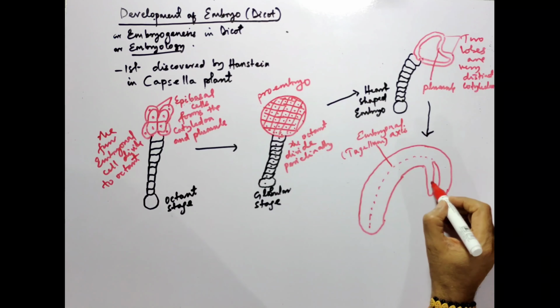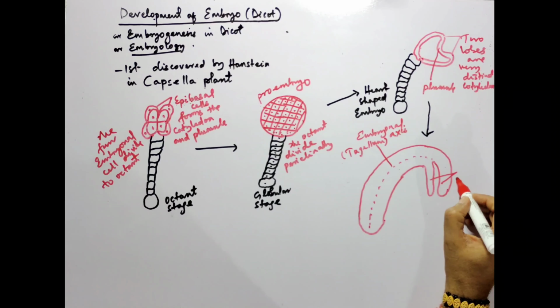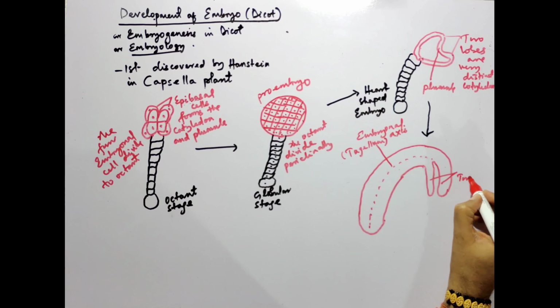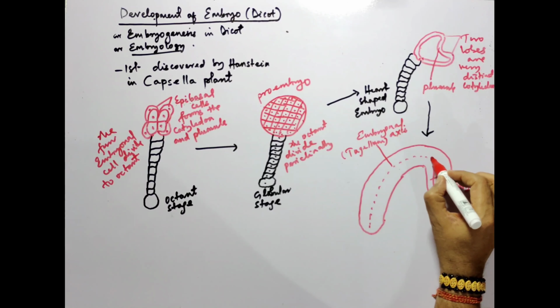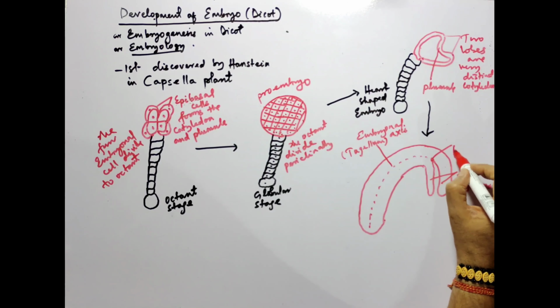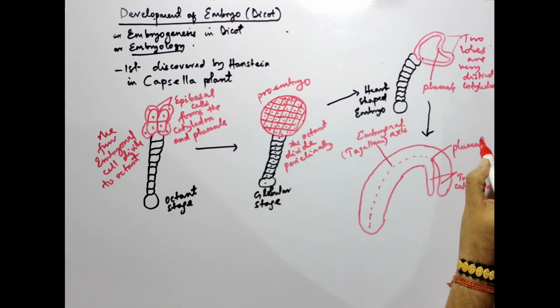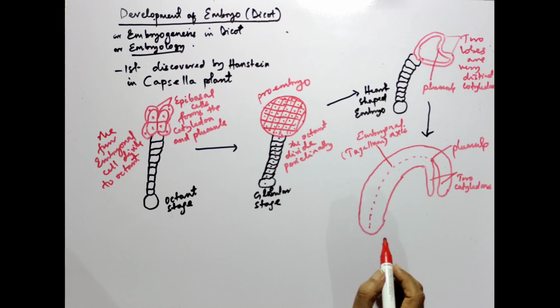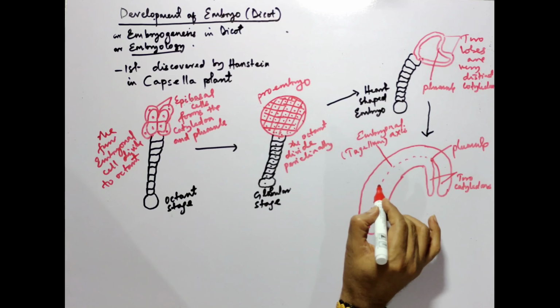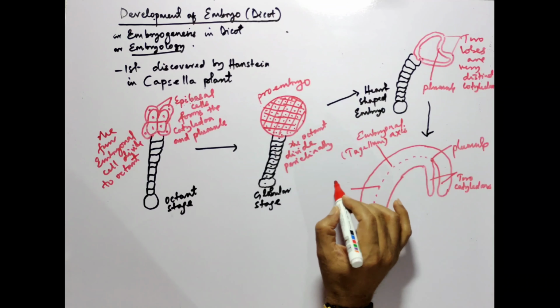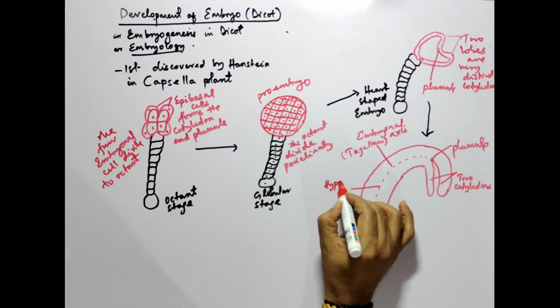And these two are called two cotyledons, and this region is called plumule. This is plumule, and this lower portion is called hypocotyl,